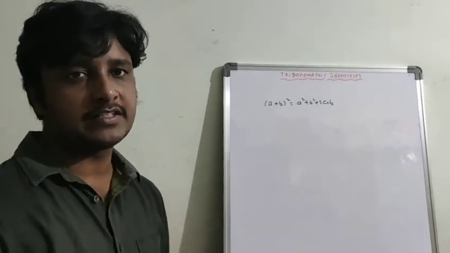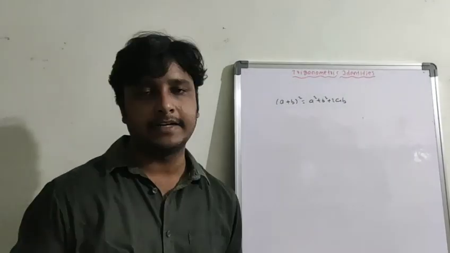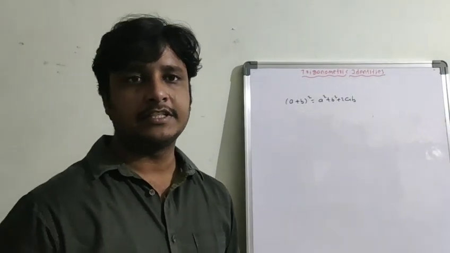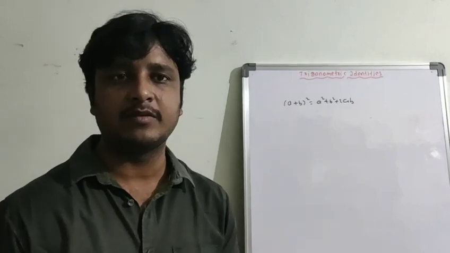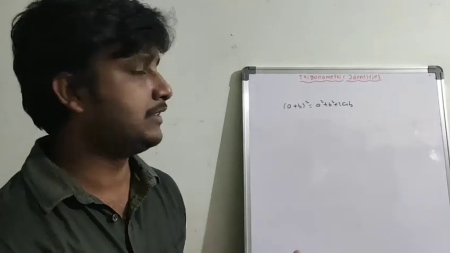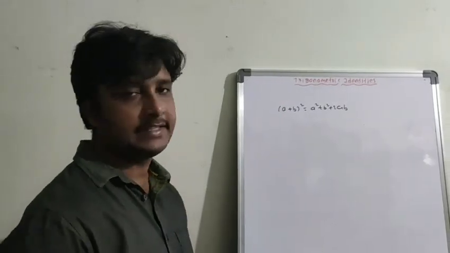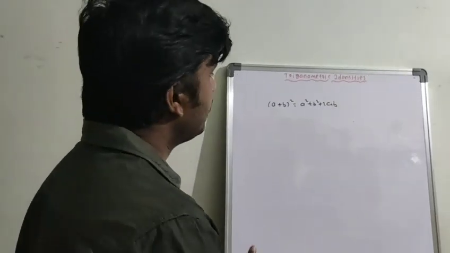Similarly, in trigonometry also we have three important identities. So identity in the sense a mathematical equation which is true for all the values of the variables involved in the equation. So similarly, we have three important trigonometric identities. So they are,